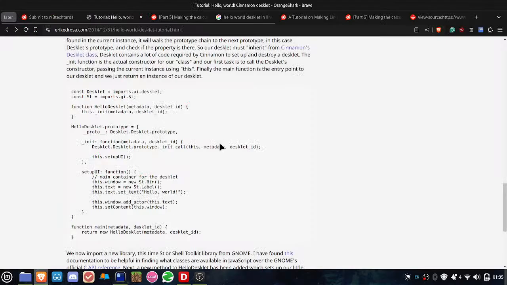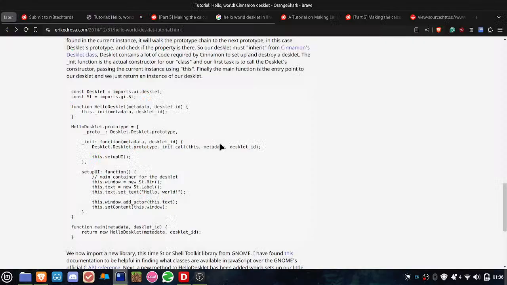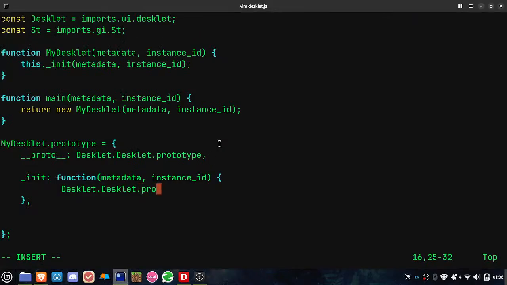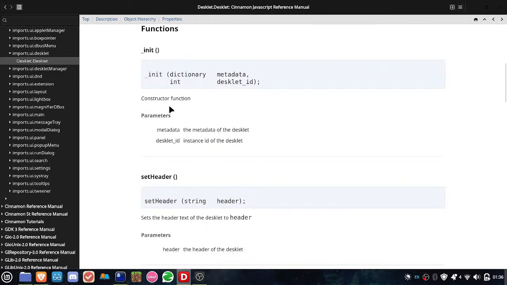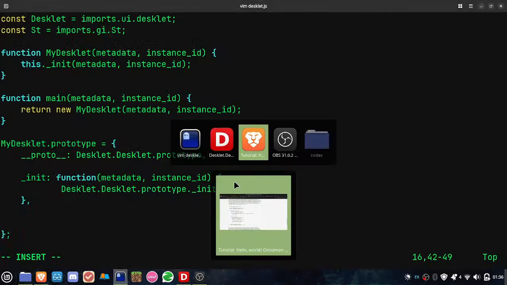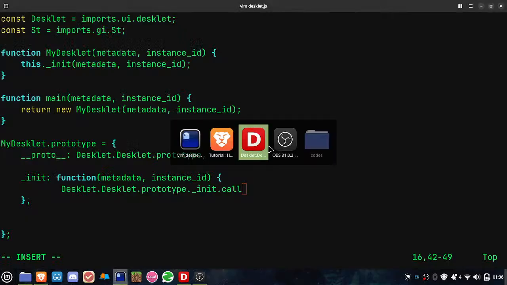At first, what we will do, prototype dot underscore init dot call. We can't do anything. What does dev help say? Init. Where is the init? This metadata Desklet ID, we don't need this. We only need